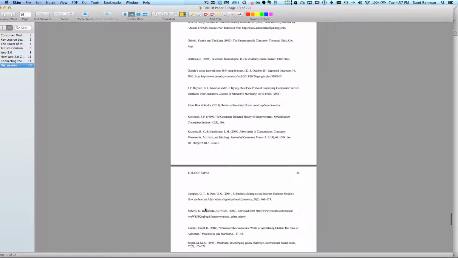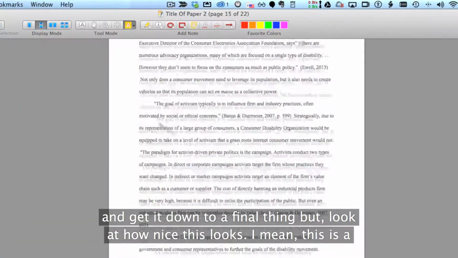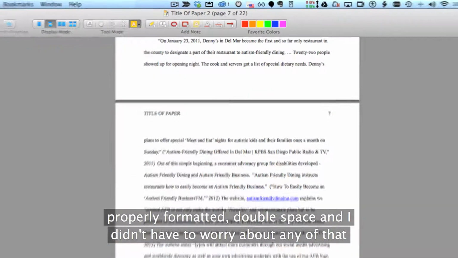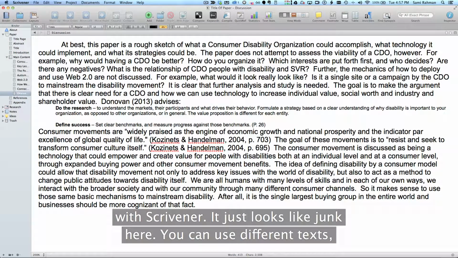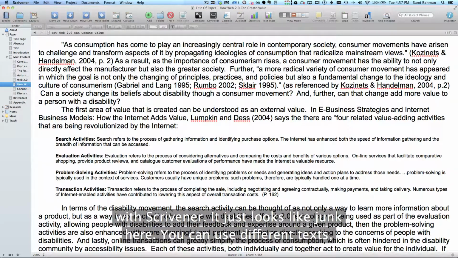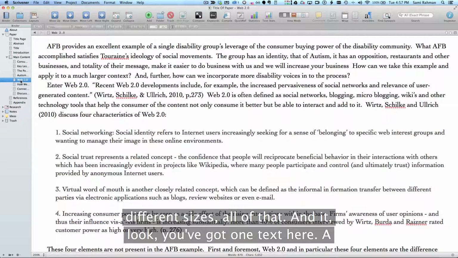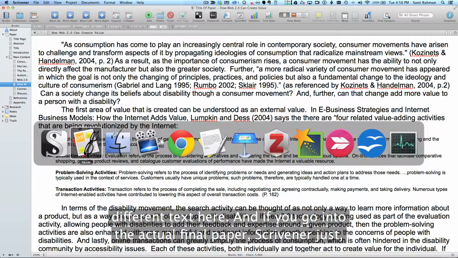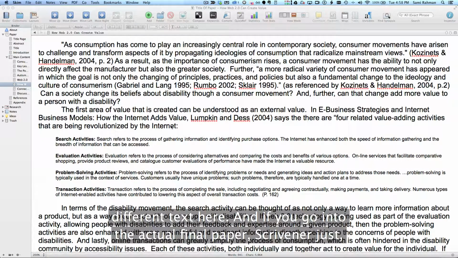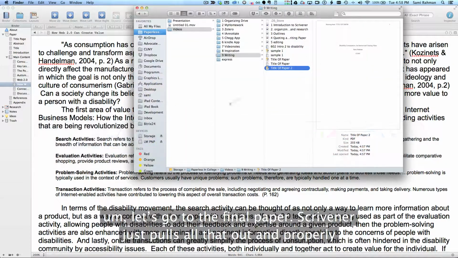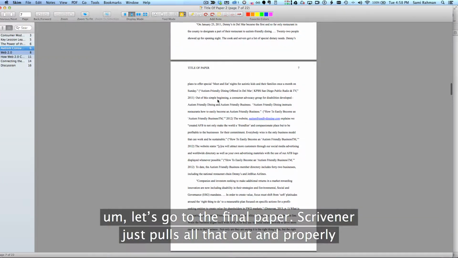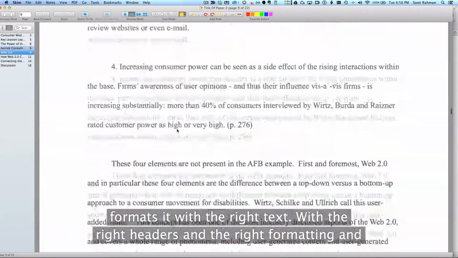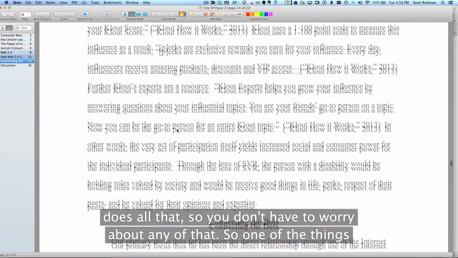But you can see how you go back and forth and get it down to a final thing. But look at how nice this looks. I mean, this is a properly formatted double space, and I didn't have to worry about any of that with Scrivener. It just looks like junk here. You can use different text, different sizes, all of that. And look, you got one text here, a different text here, and if you go into the actual final paper, Scrivener just pulls all that out and properly formats it with the right text, with the right headers and the right formatting, and does all that,